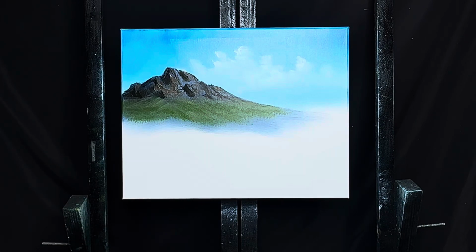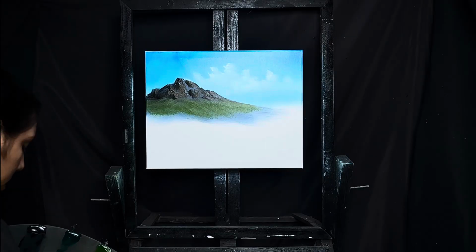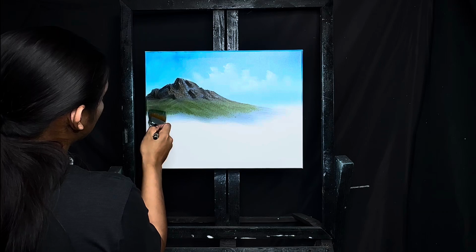Let's add in a little bit of that brown color to that green, just to make it a bit muddy. And we're gonna add a little bit of black to it, just to darken it a bit. A little bit of that brown. I want a muddy green. Load up our 2-inch full width color. Let's come up here and just